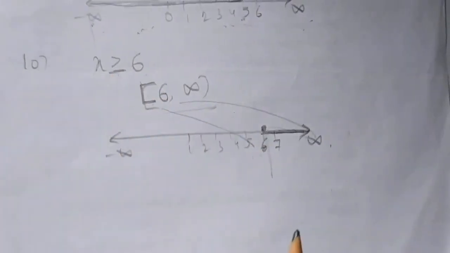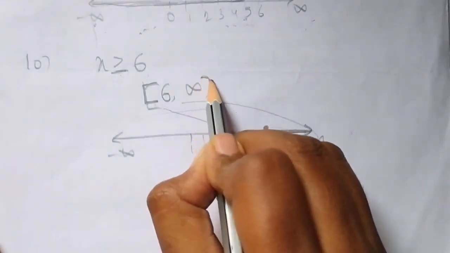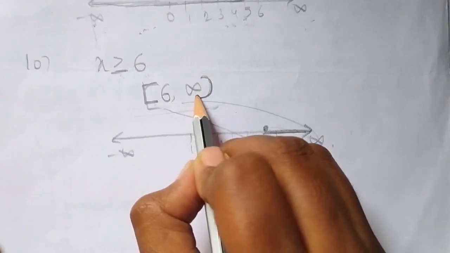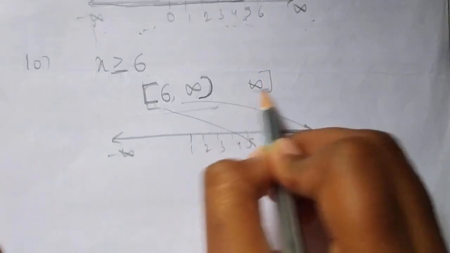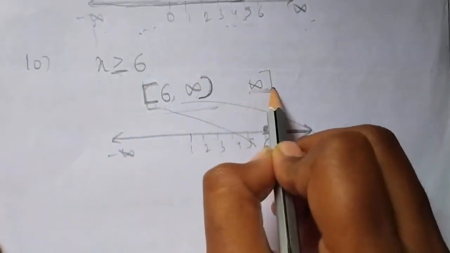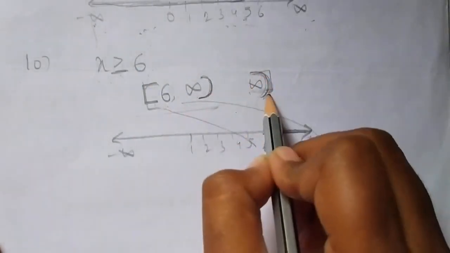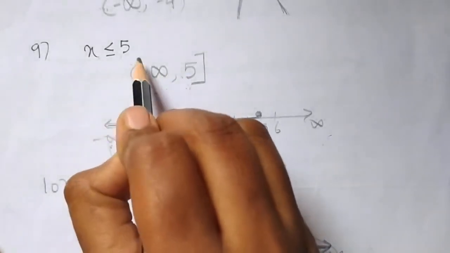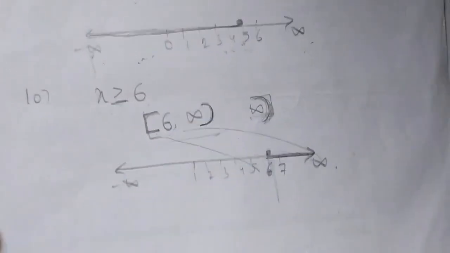And also remember one more thing, that always for infinity we write a round bracket because we do not know the exact value of infinity. Then we cannot have closed interval for infinity. I cannot say that x takes the value equal to infinity. It takes up to infinity, less than infinity. Always for infinity we write open interval. Similarly, for minus infinity also we write open interval. We cannot have a closed interval for infinity.